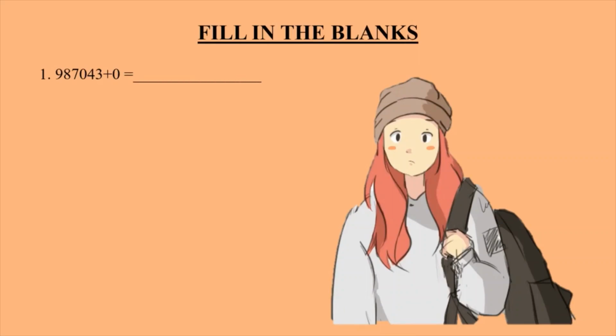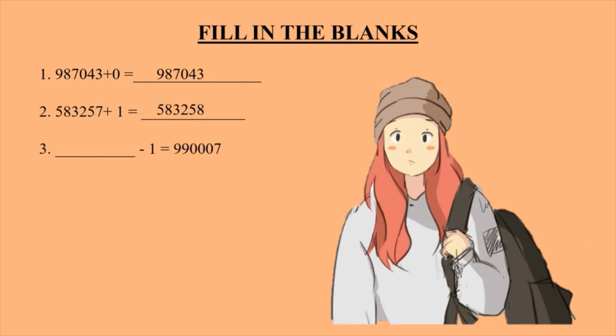9,87,043 plus 0 gives us the same number, 9,87,043. 5,83,257 plus 1 gives us 5,83,258. That is the successor. Dash minus 1 gives us 9,90,007. So what do we do? We add 1 to this to get the number which has to be filled in the blank. That is